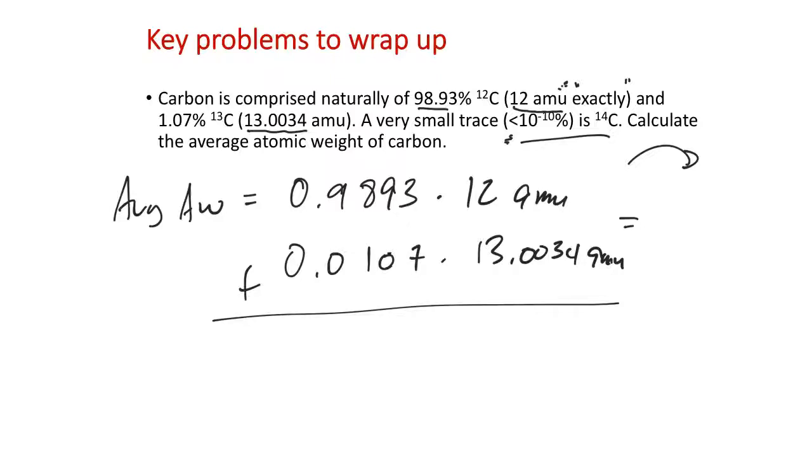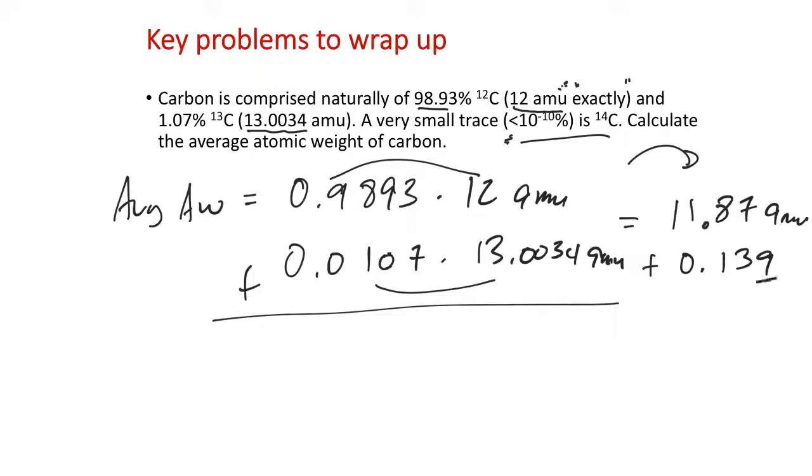The reason I was highlighting and focusing on the 12 being exact is that when I factor carbon-12 in, I transcribed that wrong too, it's 11.87 AMU, not 12.87. So it's 11.87 when I do this arithmetic here, and then I'm going to add to that the 0.0107 times 13.0034, that works out to be